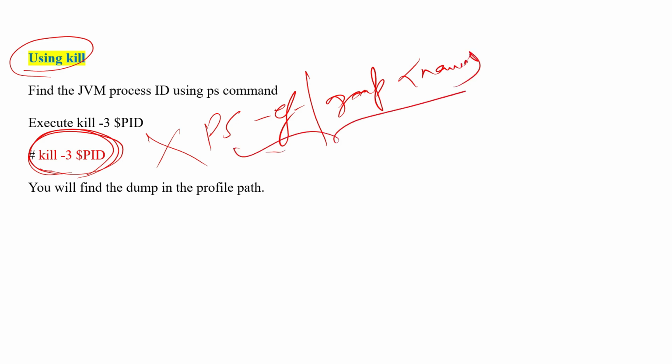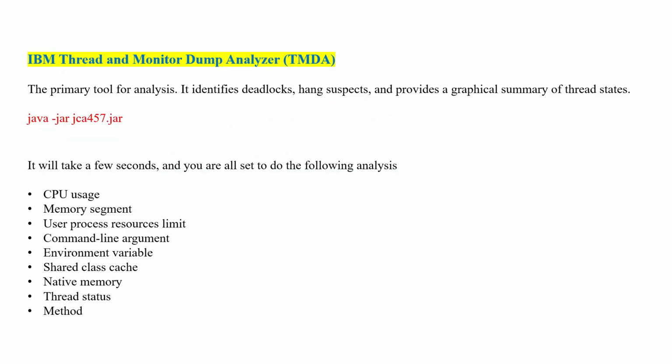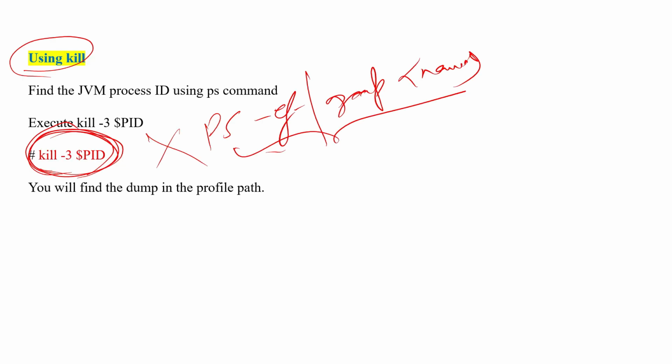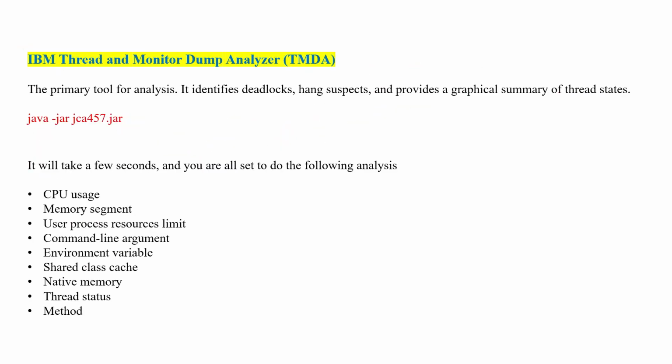This will give you the process ID in Linux, and then you can run the kill command. Kill is a Linux-based command which we can use for the thread dump. So now once the thread dump has been taken, how are you going to do the analysis of